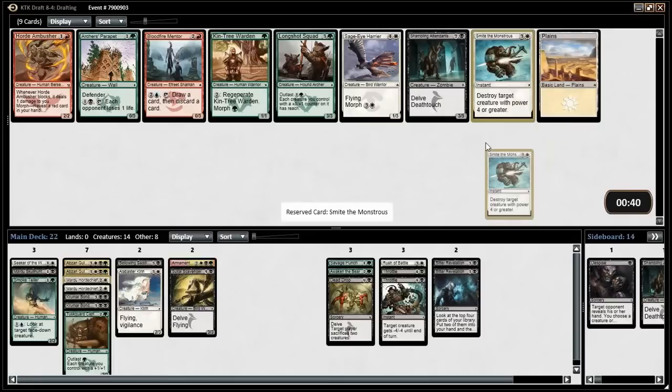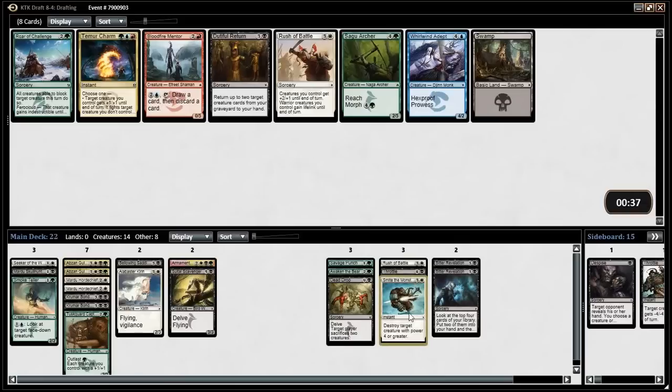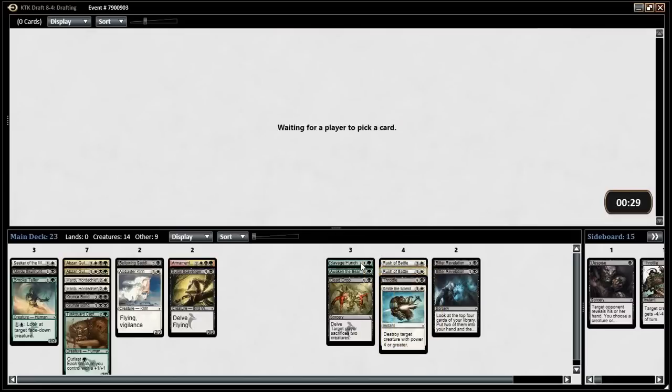Smite the Monstrous, I guess. Probably just better than Throttle. Or at least it's better to have one of each, I think. And you can alternate them as you like. So you have no lands in this pack, so I guess we'll take the Rush of Battle and try to minimize